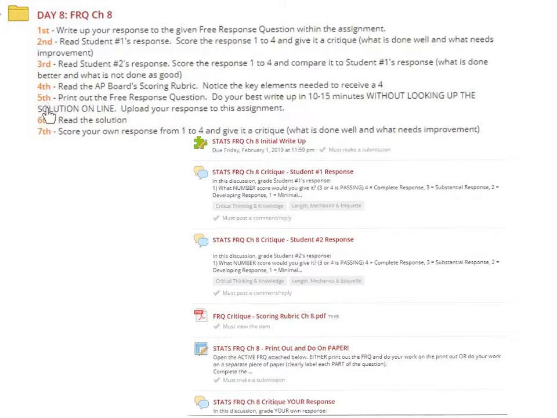Now steps 5, 6, and 7 are new to this one. Step 5, similar thing, you can print out the free response that's stated here, or you can just write on your separate sheet of paper. So click into the assignment here. For this particular chapter 8, the free response is actually embedded in here, so print it out if you would like. The next thing I want you to do is actually do your write-up on this without looking the answer